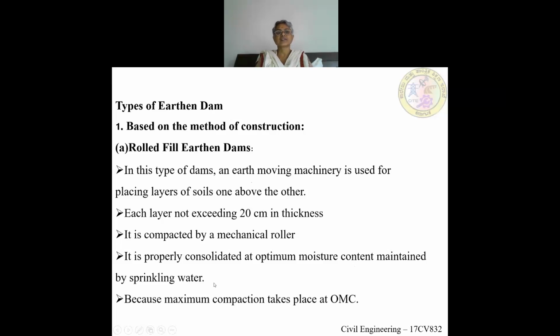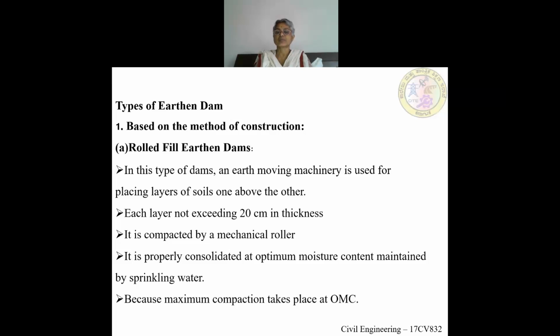It is properly consolidated at optimum moisture content, and the optimum moisture content is maintained by sprinkling water.